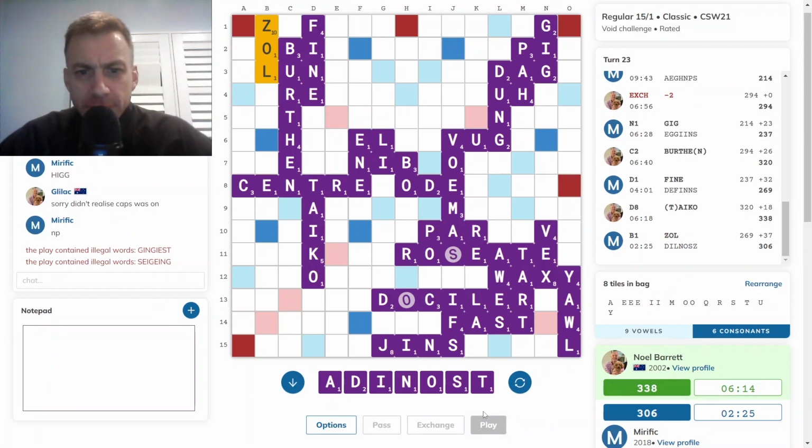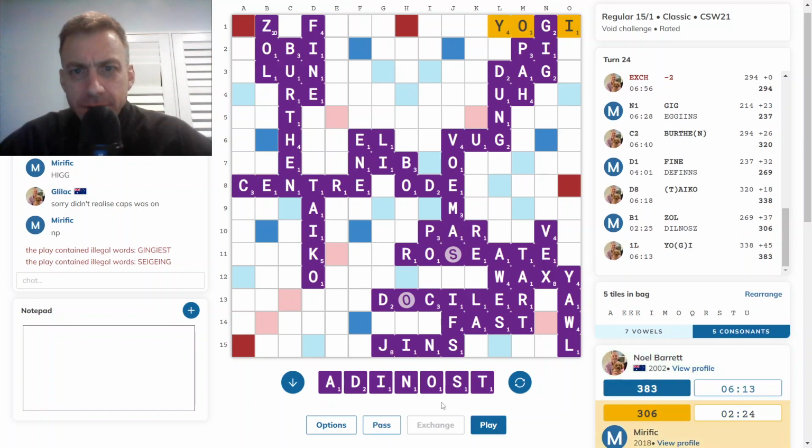Okay, finally, bingo territory. Yeah, okay, he's got in there for 45, so that was unideal. It was Astonied with an E, and what else do I have? Catenoids, that's a 9. I'm a large bingo behind, so